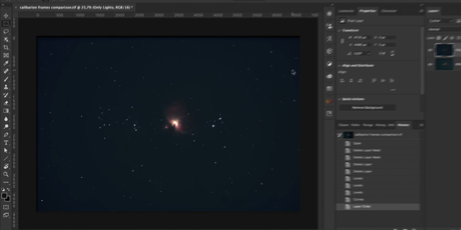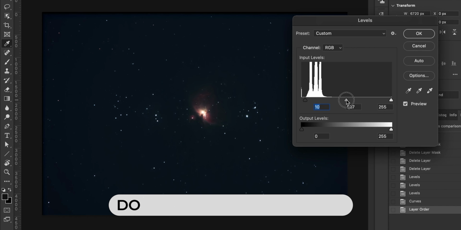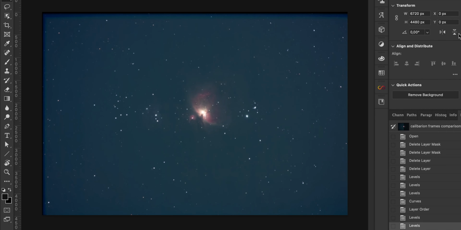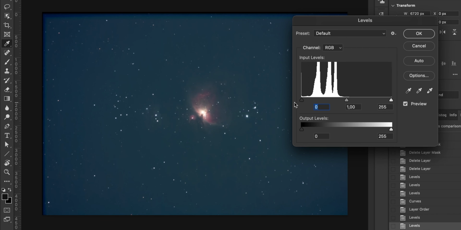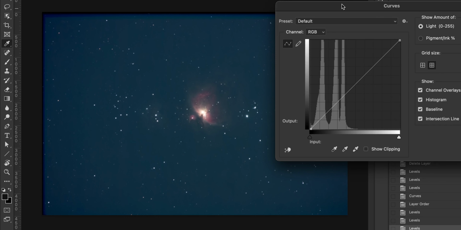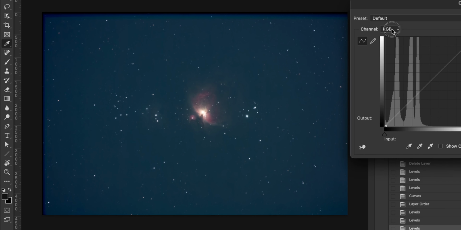So again, I'm going to do the same process. I'm going to hit Command L to bring out the levels, and I'm going to stretch my histogram. Okay, I'm going to do it again. So Command L, and maybe one more time. And then again, I'm going to apply a curves adjustment. So Command M. I'm gonna kill the blues,